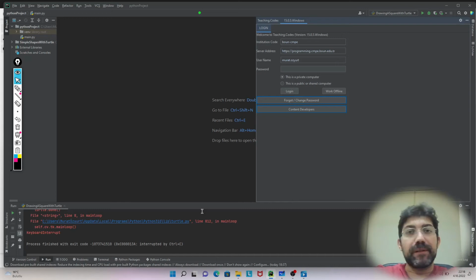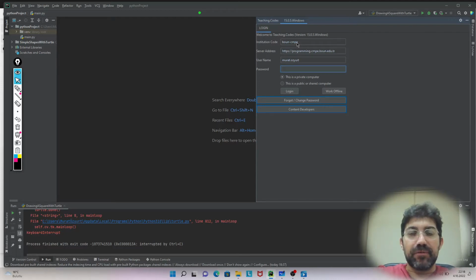We're going to discuss introduction to programming using PyCharm and Python programming language. As you know, we have notified you to install a specific version of PyCharm and Teaching.Codes plugin. You all have the instructions for installation. So when you open your application after a successful install, you're going to see these areas which should state